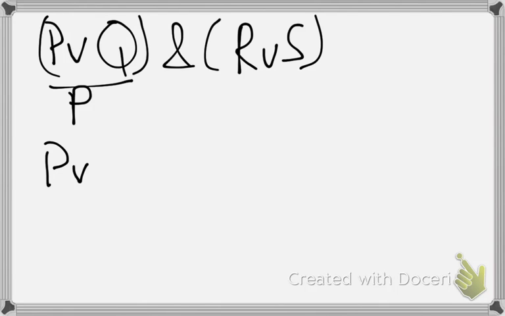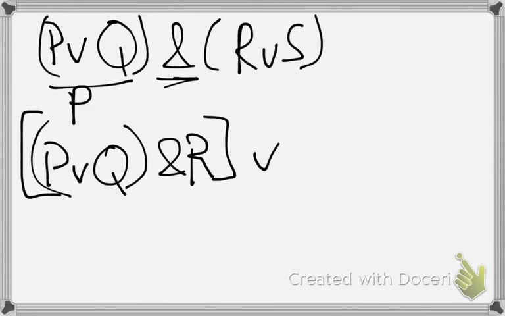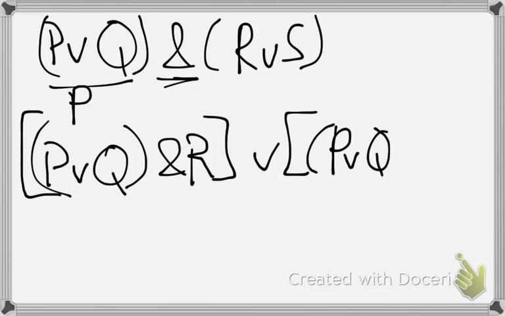So then you go P or Q, the whole formula just comes along for the ride. And so when you're doing the distribution, you can take whatever the connector is here and you're going to put it in your distribution. And then you're going to make your main connector the other. So if you're starting with an AND, you're going to move to an OR. And then we have P or Q and,